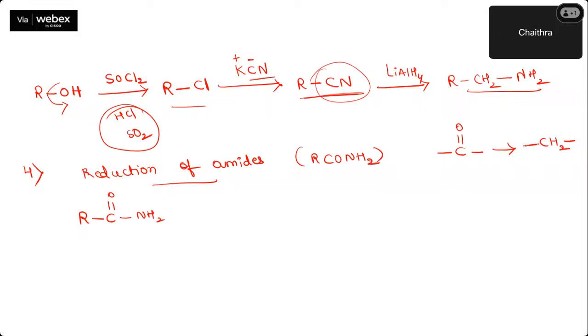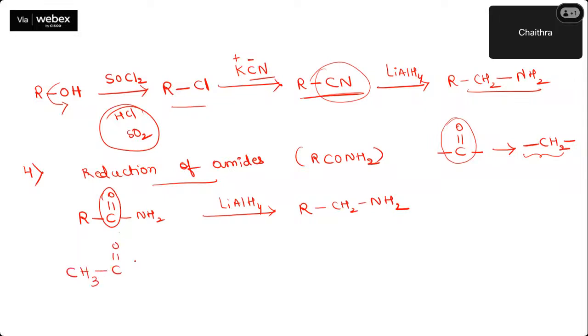Okay. In aldehydes and ketones also you would have done Clemmensen and Wolff-Kishner reduction and all. No. What will the C double bond O group reduce to? It will get reduced to CH2. That's it. Reduction of amides. So I'll write on the arrow mark lithium aluminium hydride. Predict the product means what will you do? From amide to amine you should get. So what will you do? R C double bond O is there, no? That you make it CH2 so that you get a primary amine. So let us take one example. CH3 C double bond O NH2. Can you tell me the name of this?